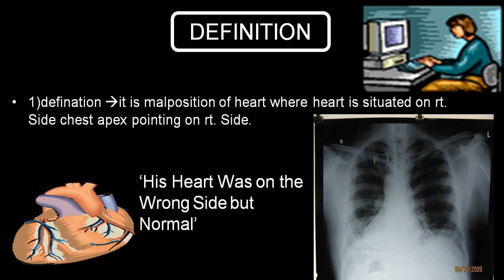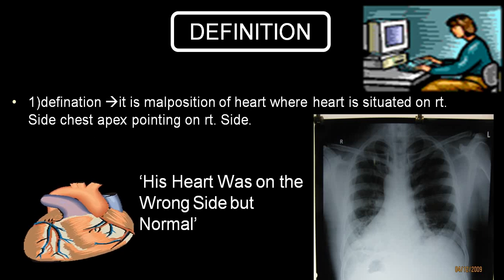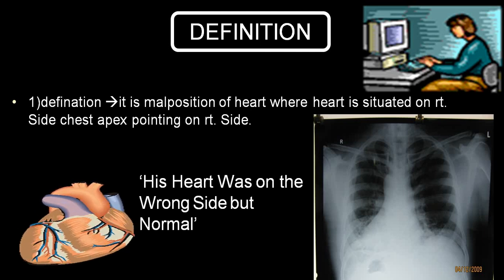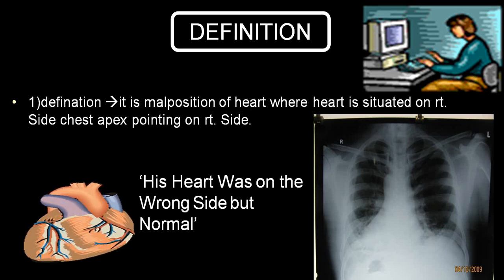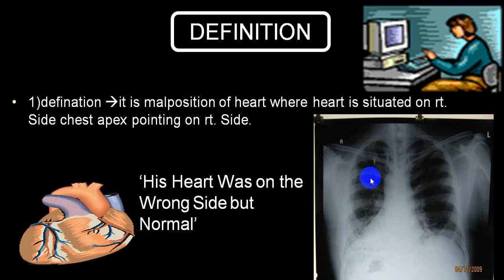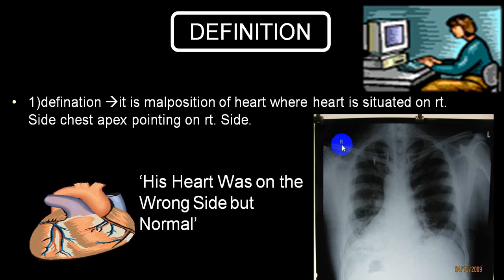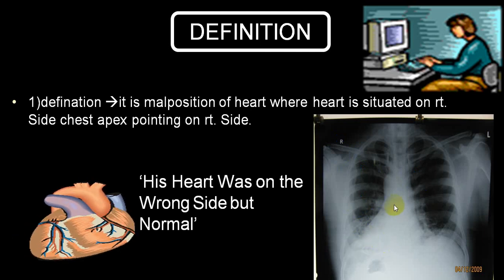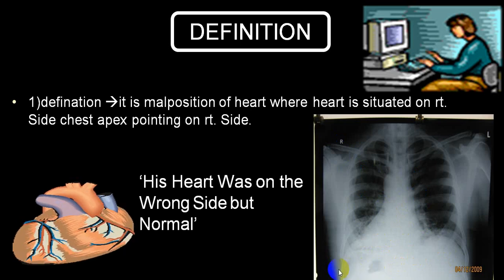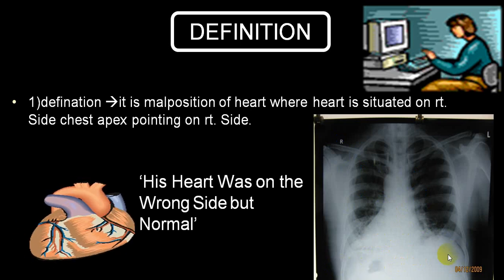So on a vertical axis, there is a rotation of the heart, and that produces the apex pointing towards the right side. We'll call that dextrocardia. While looking at dextrocardia, you should look at the marker. You can see here this is an R marker and the apex is towards the right side. Along with that, you have to look at the position of the gastric bubble. This is the gastric bubble. The gastric bubble is on the right side. It has to be on the left side.